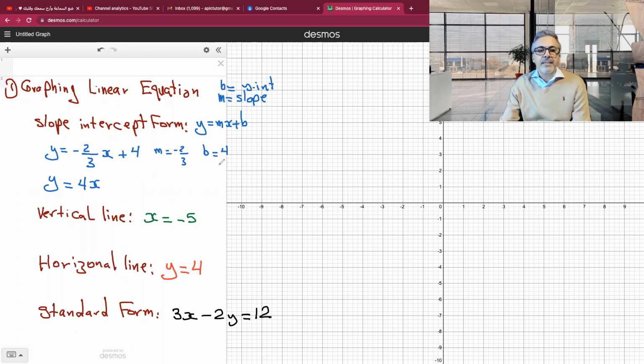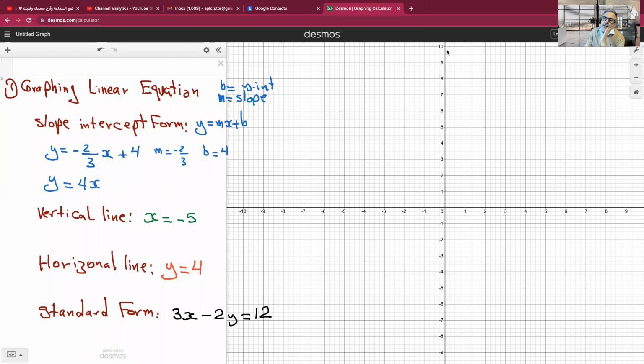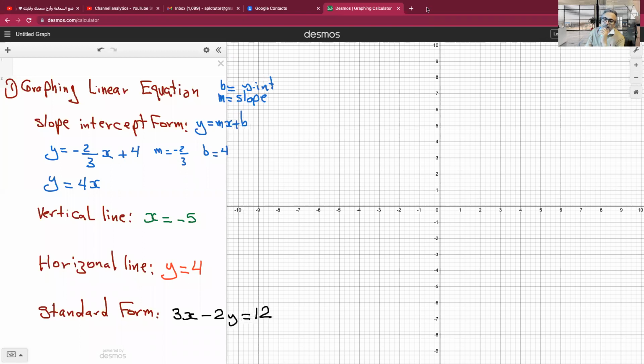So to be able to graph this, all you need to do is just go ahead and plot your y-intercept. So this is the y-axis, this is the x-axis. My y-intercept is 4, so you go where y equals 4 and you put a point there, and